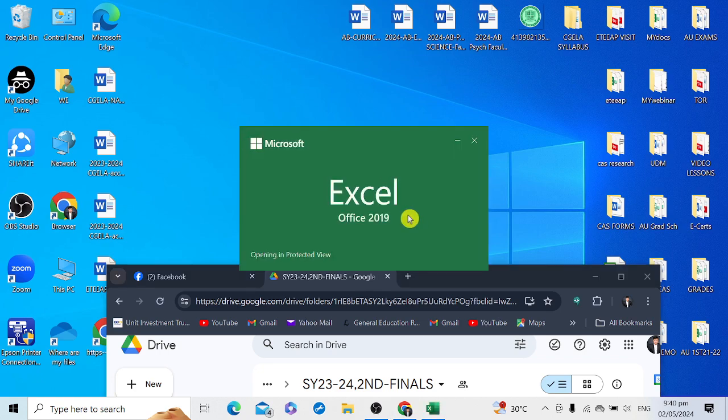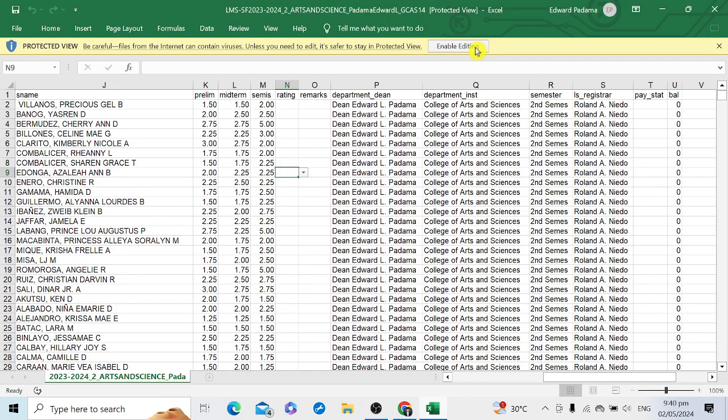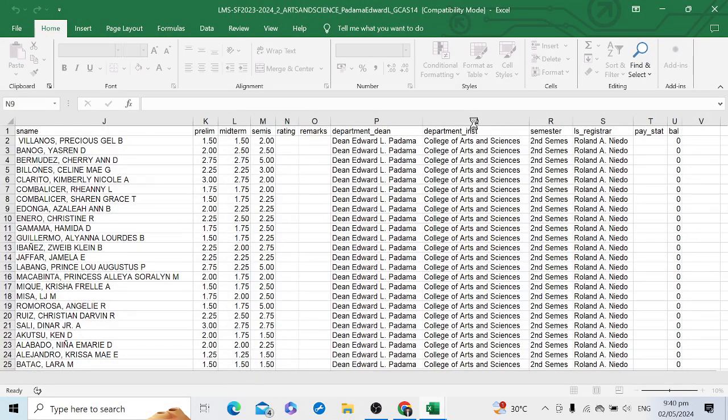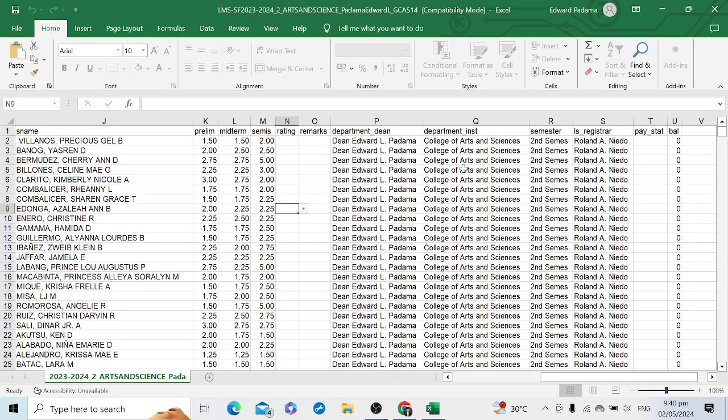When we open this, this is supposed to be the Excel file that we submit in the LMS. This should be already completed from prelim, midterm, semifinals up to the final grading period. This is the second file that you're supposed to upload in our official Cgela Google Drive.